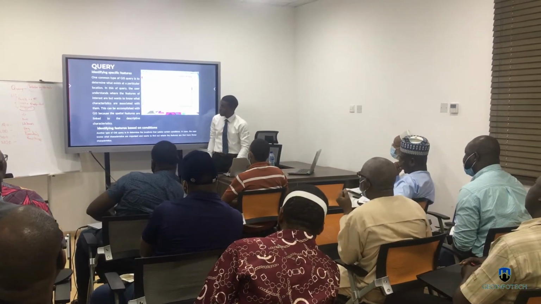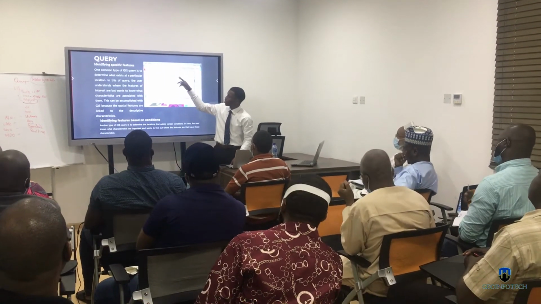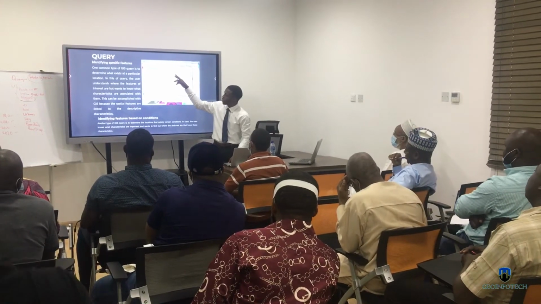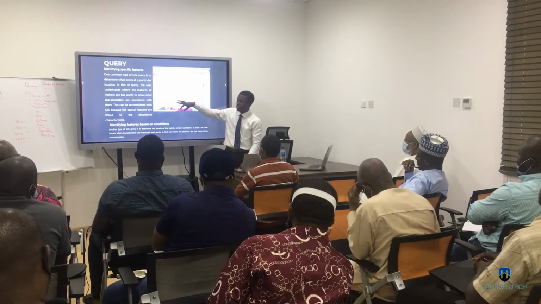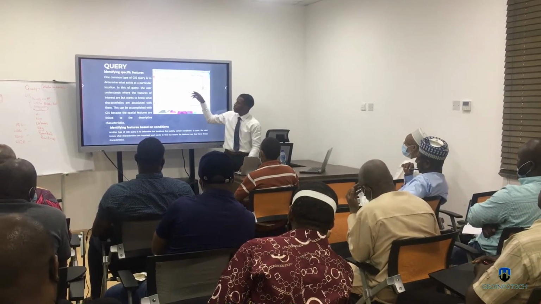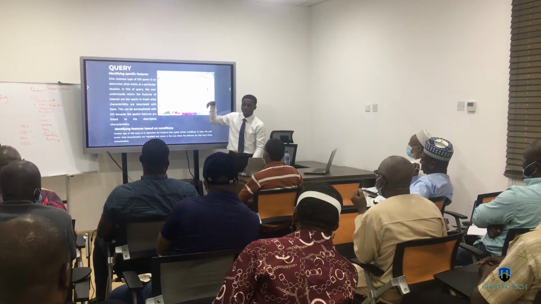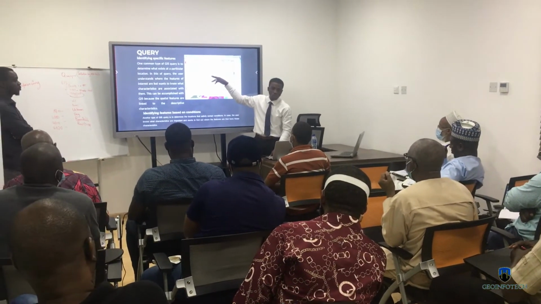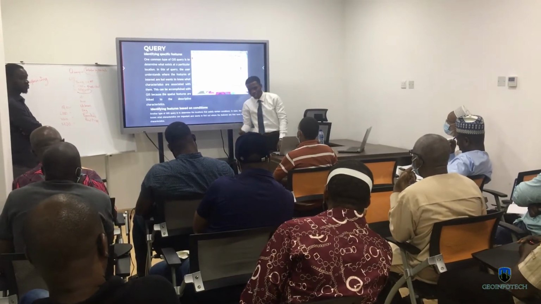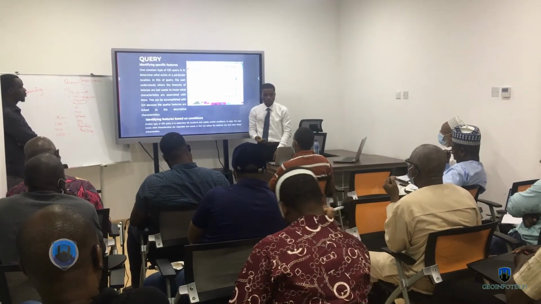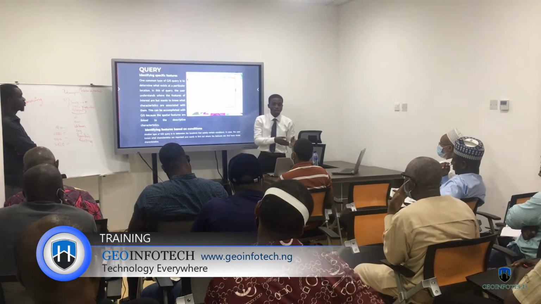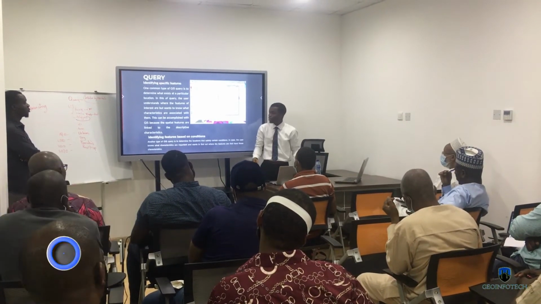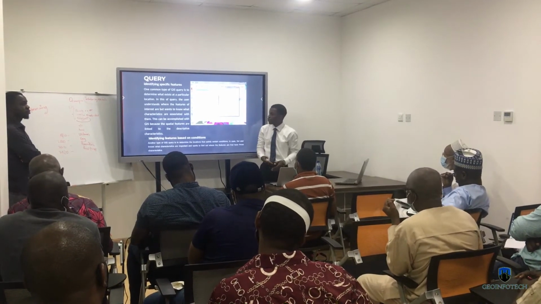Alright, so we talk about query. That's all about questioning. This is in the form of a query expression. You query whatever you have in the database, in the software, to display on the map. If you are looking for Wuse Junction on your map, you can query it and it will show you the location. Another better explanation of query is Google Map. When you search on Google Map, you just type it there. You are questioning the Google Map database. Where is Wuse? Where is Jabi? Where is